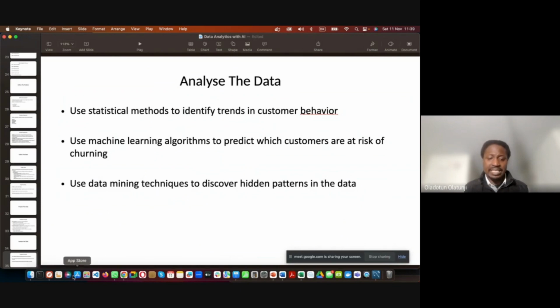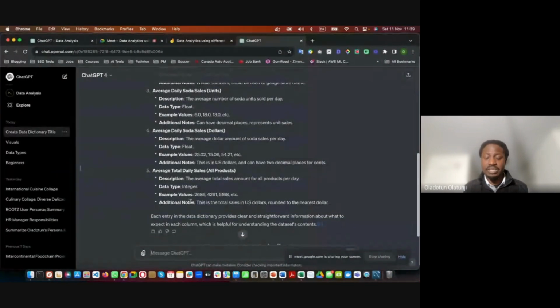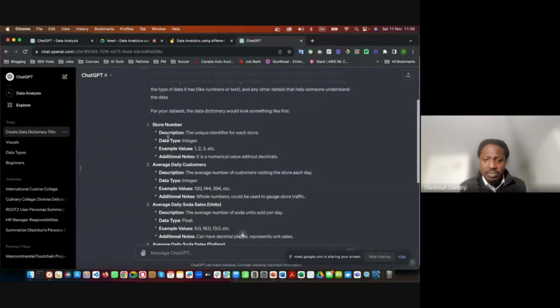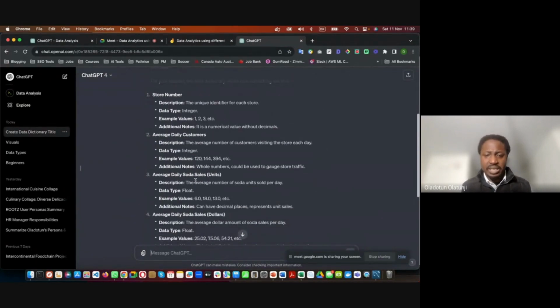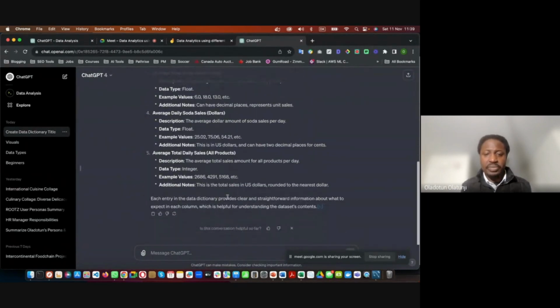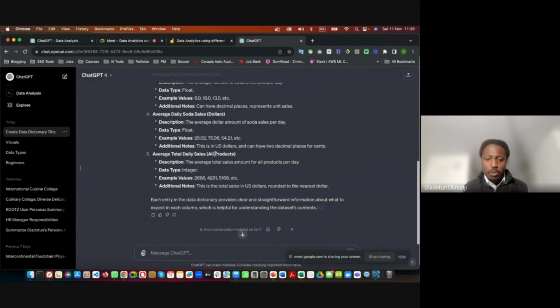Let's have a look at the data that we have again and interact with this data, and perhaps that might help you to see what I am trying to do. So now I want to analyze this data. These are the data items that we have in this data. We have the average daily customers, we have average daily soda sales, we have average daily soda sales in dollars. This one is in units. Then we have average total daily sales for all products. So maybe I want to compare